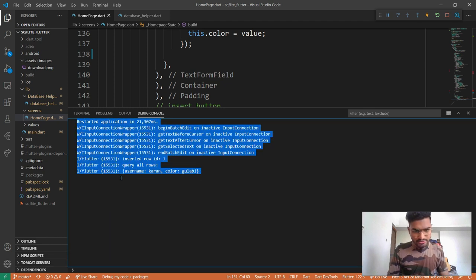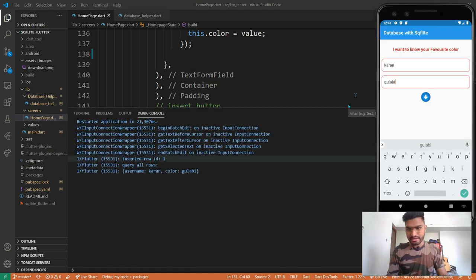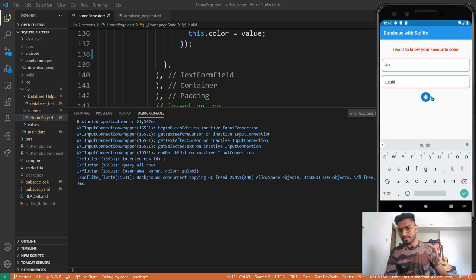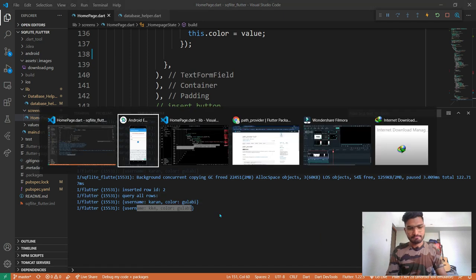So this is the username and the color that I entered right now. Let me enter something else. KK4, and we'll just insert this.